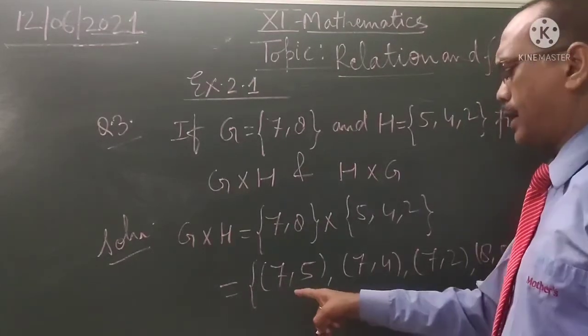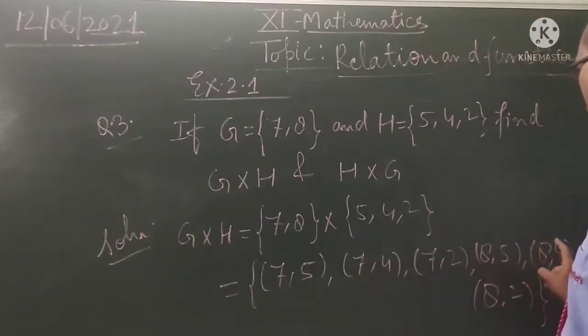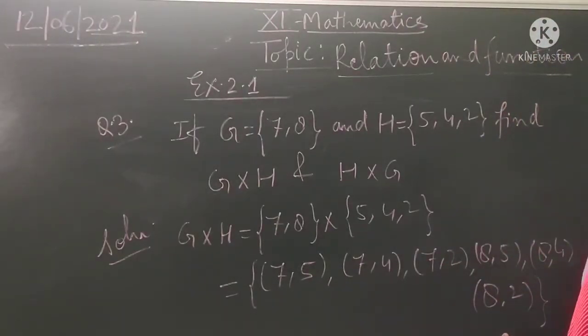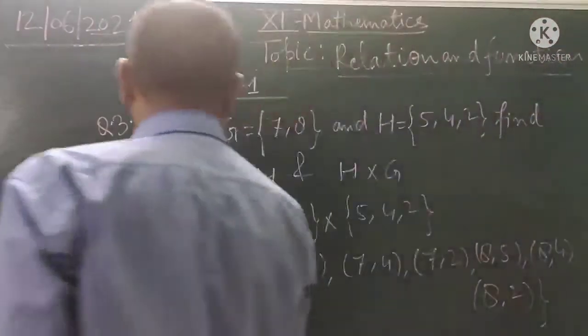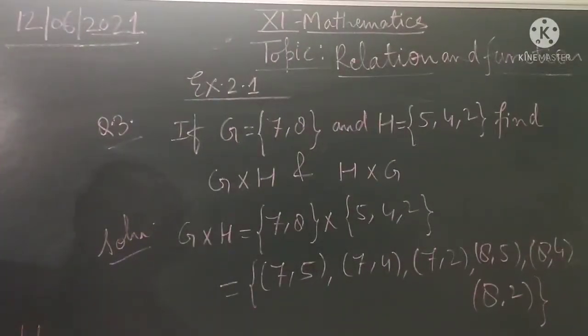So there are 1, 2, 3, 4, 5, 6 elements. Now H cross G, that is